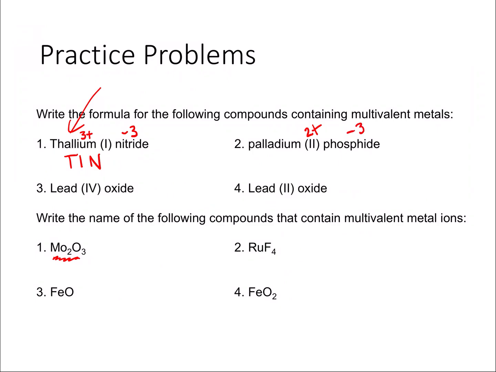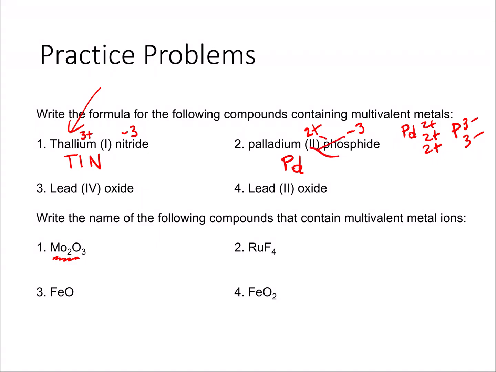Okay, so palladium, right? We're going to need Pd. We're going to need a 2+, a 2+, and a 2+. The lowest common multiple of 2 and 3 is 6. So if we're looking at palladium 2, we're going to need 3 of those, and then phosphorus is 3-. We're going to need 2 of those, right? So Pd